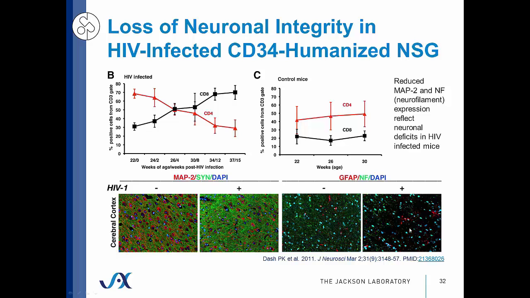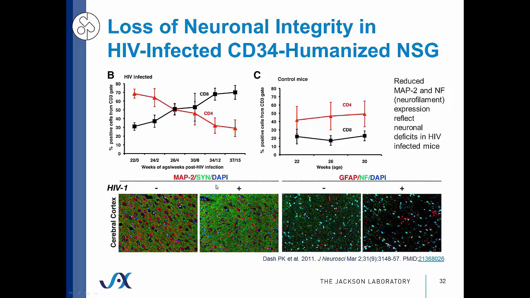So NSG mice were engrafted with human CD34 cells at birth and then infected with HIV 22 weeks later. And then they measured CD4 positive T cell populations and neuronal integrity. And so you can see that CD4 positive T cell populations were dramatically reduced in HIV-infected mice as compared to control mice. And then when they looked at two readouts for neuronal integrity, MAP2 as well as neurofilament protein, you can see that in the HIV-infected mice, there's much lower degrees of staining for MAP2 and neurofilament proteins as compared